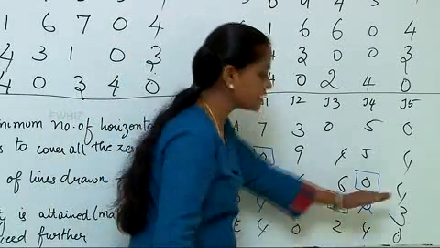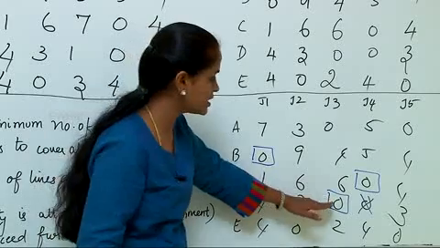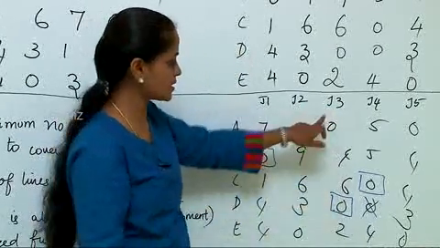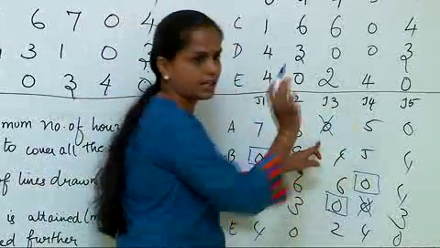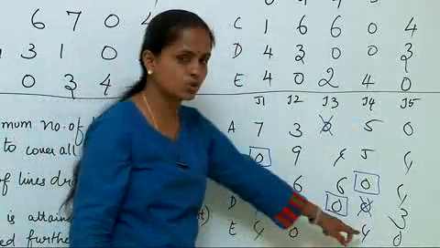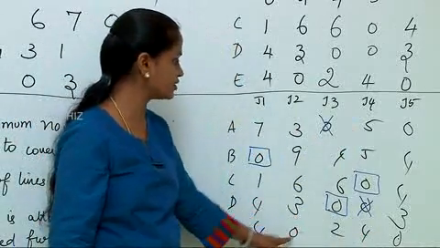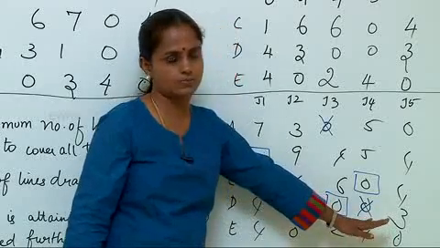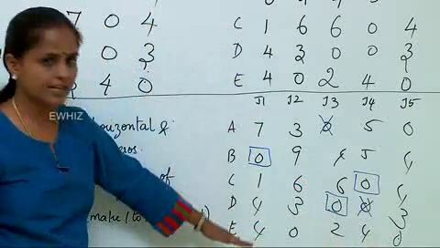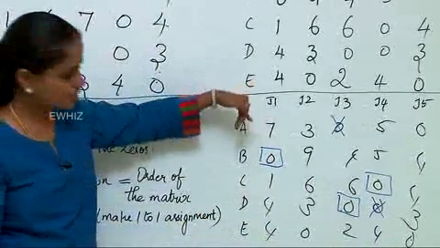So once row wise scanning is done and when you are encircling, just look into the corresponding column. If any 0 is present in that column, simply cross that 0. Now move down to the last row. Once again you have two zeros. You have the option of going for this or this. Please do not make any changes. Leave it as it is. Then once row wise scanning is done, redo the procedure column wise.